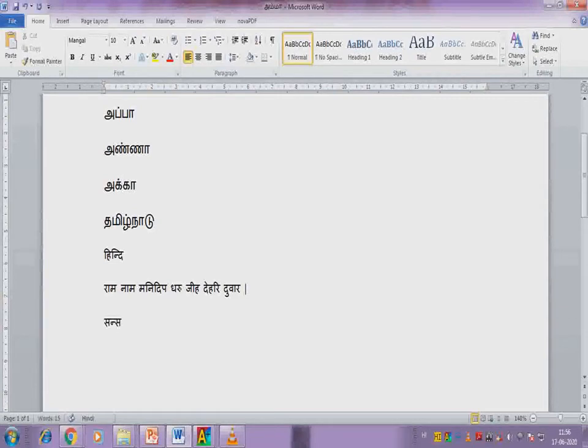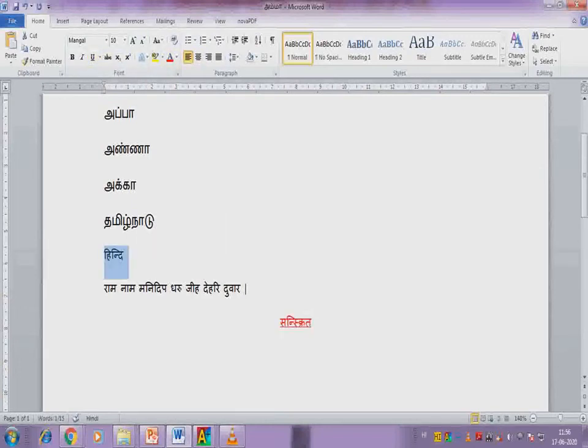The first one, what you typed? Tamil. So I am typing the heading as Tamil. Now I am going to select it and make it center. Then I am underlining the heading and changing the color also.